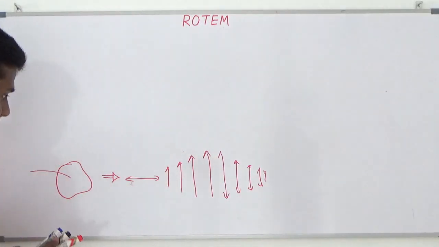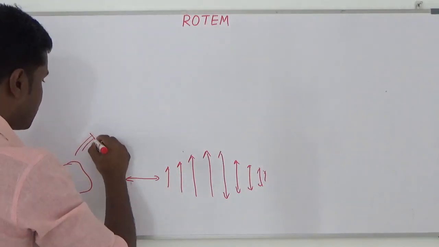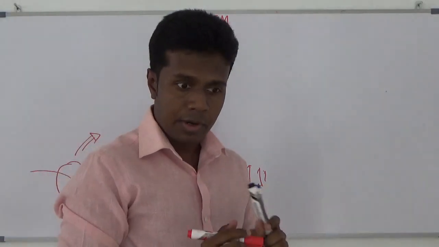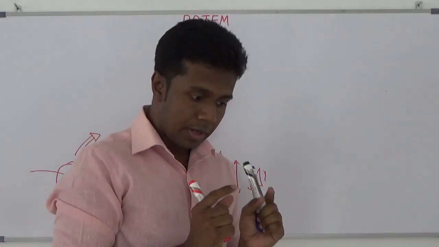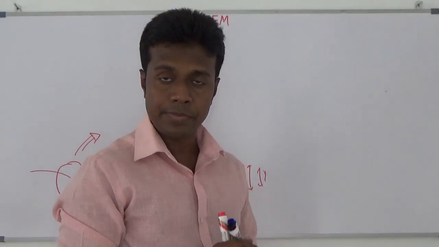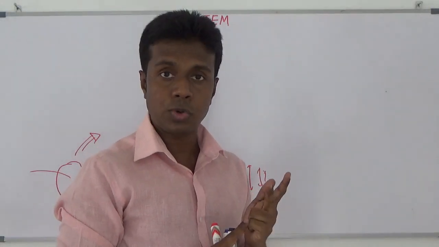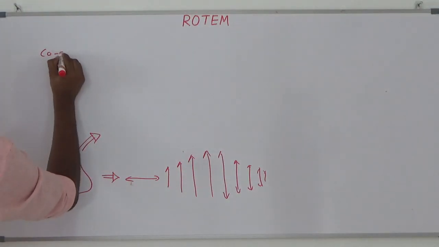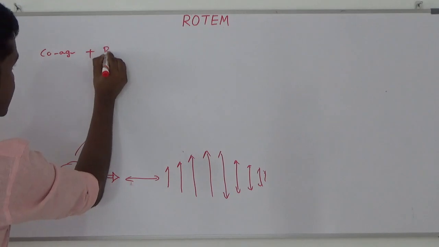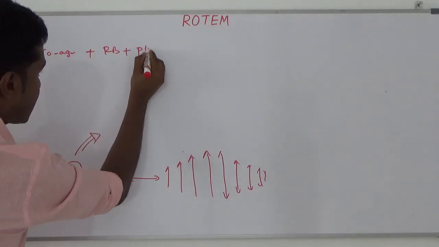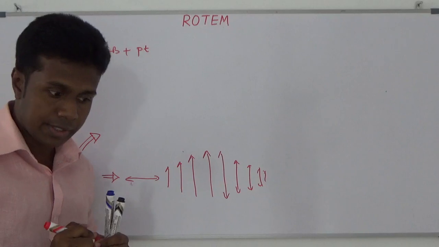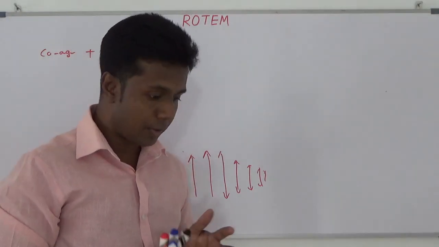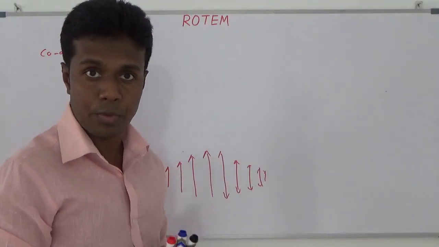Then he took this blood sample and kept it under the microscope and analyzed it. What he found was that not only coagulation factors, but red blood cells and platelets are also involved in the coagulation process. But when we do coagulation assessment, what we are going to assess is only the plasma component.